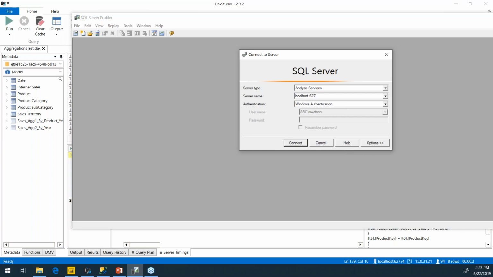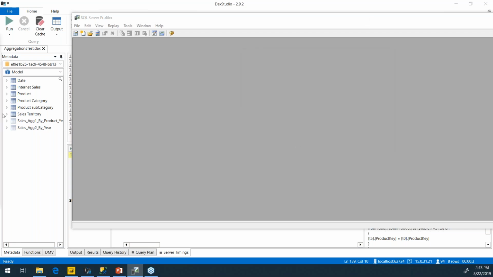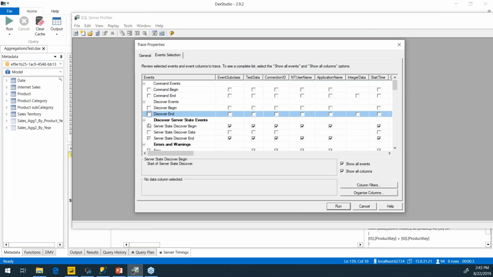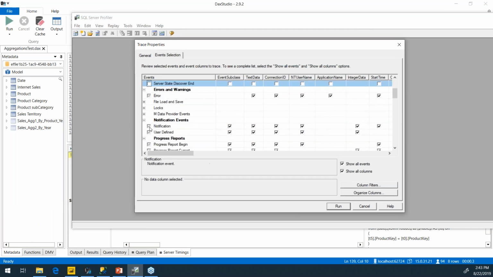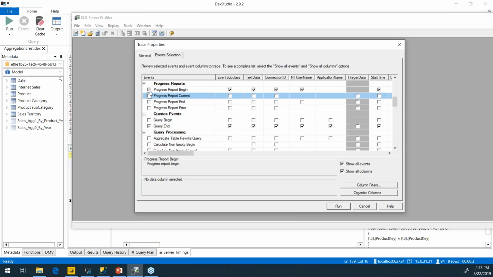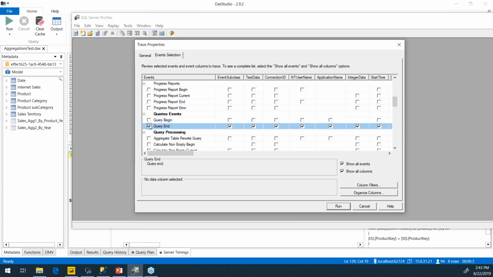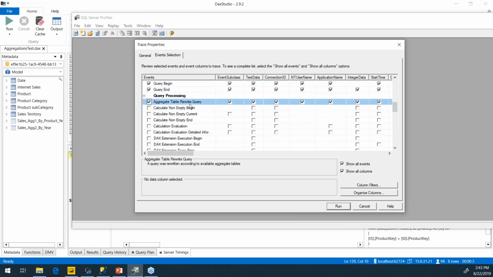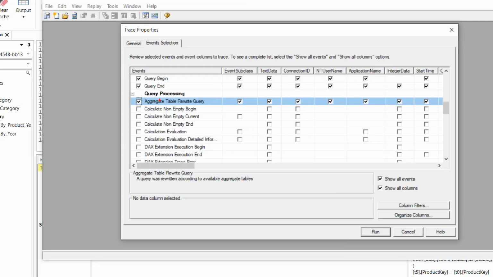So I'm going to go to 724, connect, and now I can pick my events. Usually you can have a template saved. So I'm going to do query begin, query end. And there's this event here called aggregate table rewrite query.